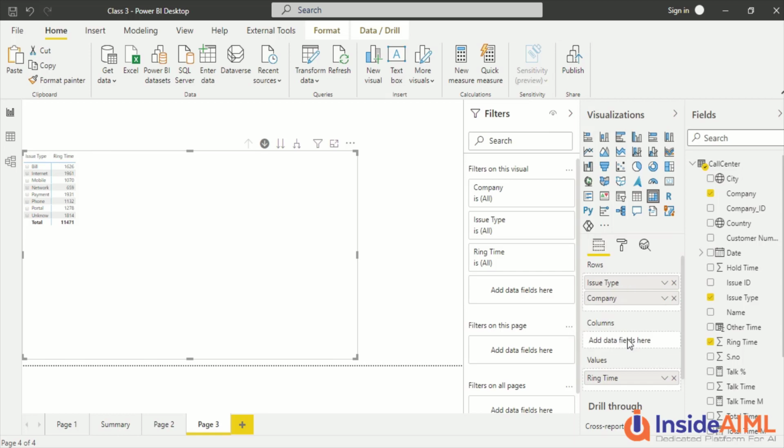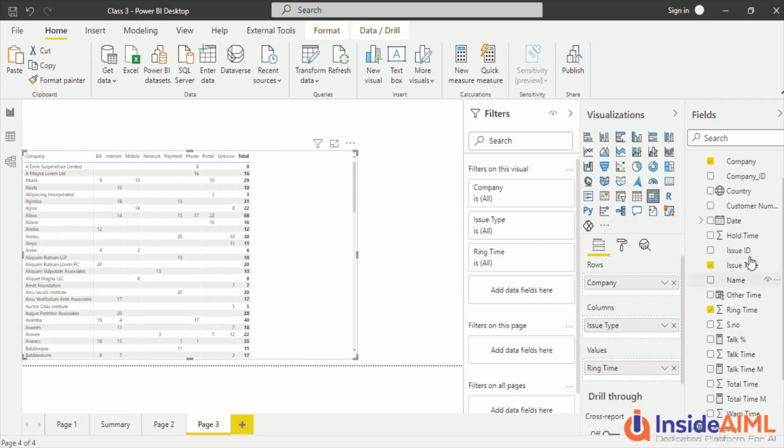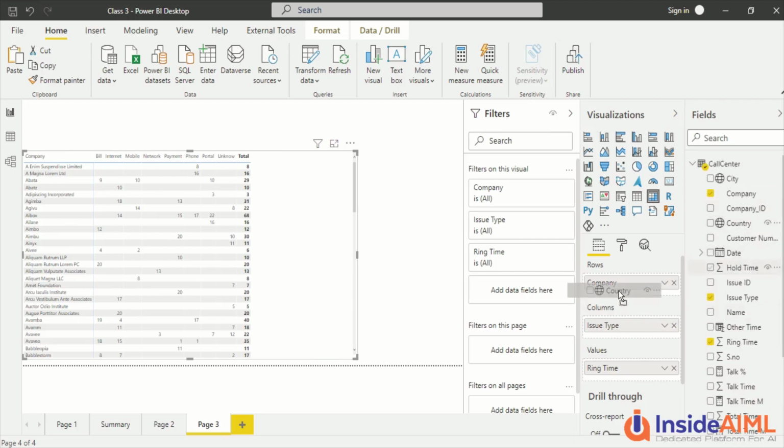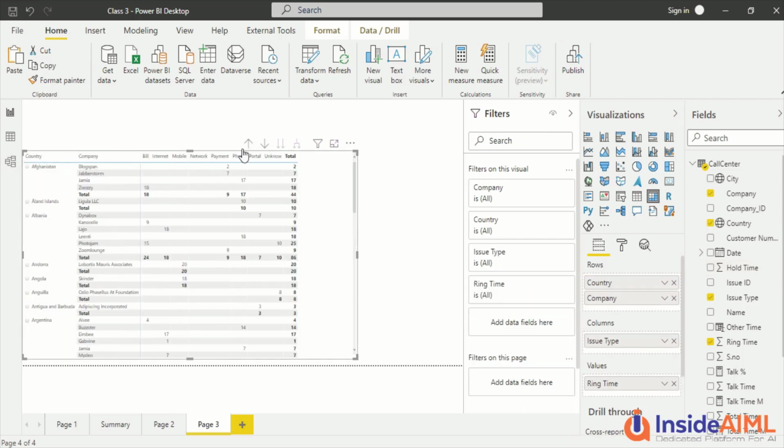That's a smaller one because we don't want to clutter up this column, and we have this company, and let's take something else also on the row. So we have country, so country and the company, let's take it here on the rows. Okay, and we can actually explode it like this, and you can see here.